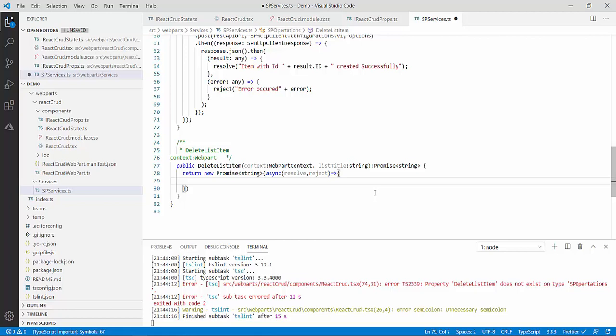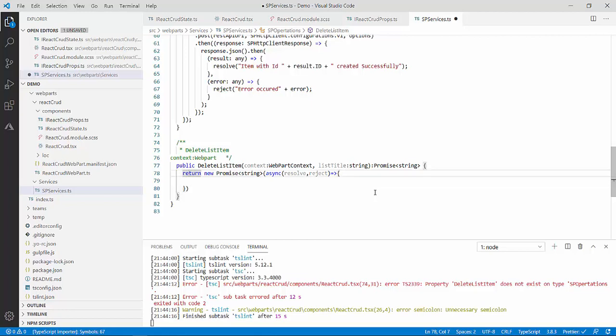Whenever I click on the delete item, it will delete the latest item, the item with the maximum ID which is present in the list. So to get the latest item ID present in my list, I will write another method. In this I'm just trying to explain you the concept: I will write the REST API and then we will delete. So before writing the method to get the latest item ID, let's create this method.